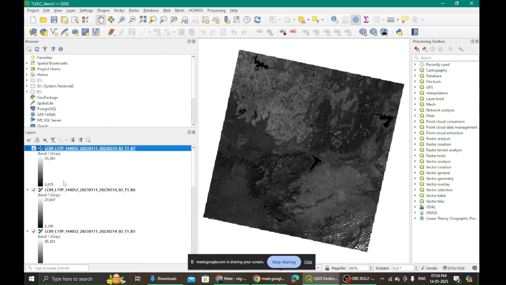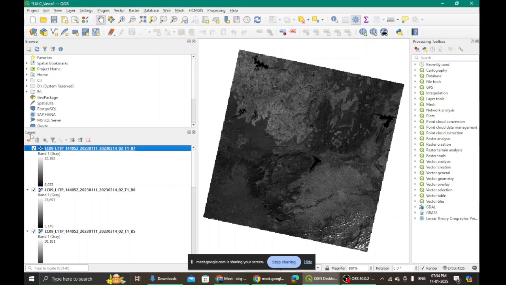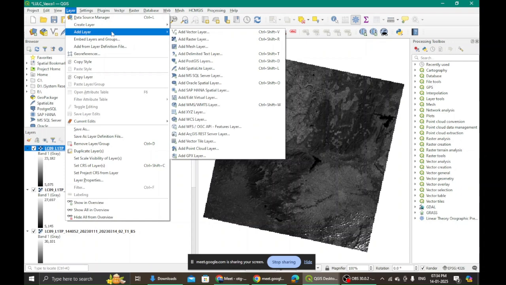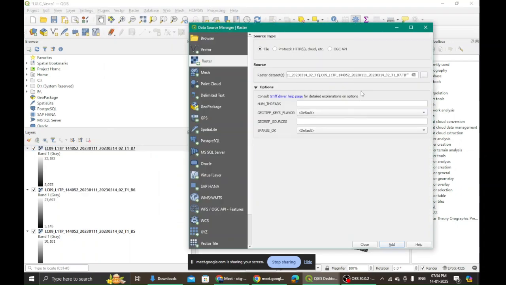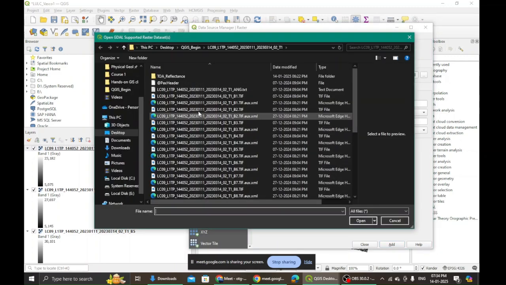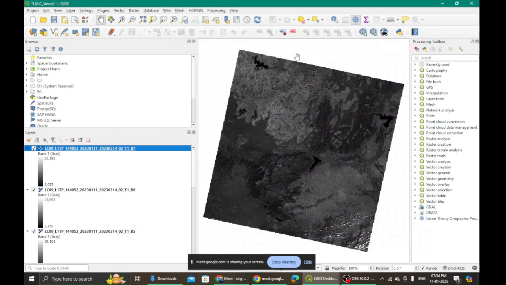How do I make myself see all the imageries? By stacking it. How do I stack it? First I bring all those imageries here in my layers. Okay, import them. How do I import them? I go to layer, go to add layer. It's a raster data. I go to raster data, and then I import all those files, select them, open them, and then add them and close this panel. Right, this is what I do.